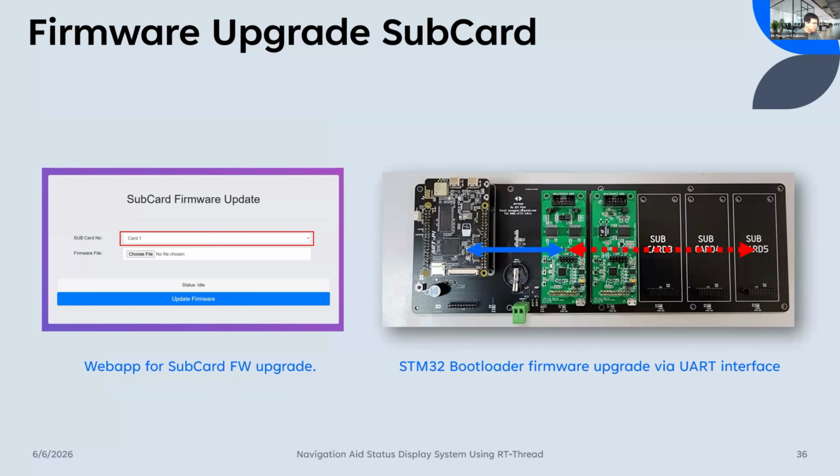For the subcard program, the STM chip already has a bootloader that can be triggered by using a boot pin. So if you want to write the subcard via UART, you can use the bootloader that is already integrated inside the STM32F4 chip.